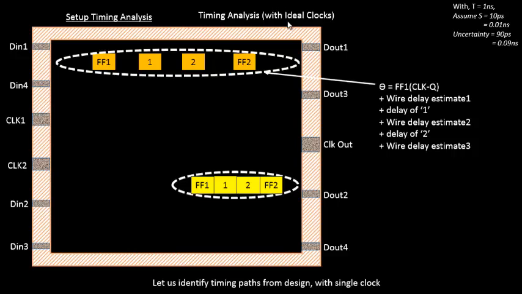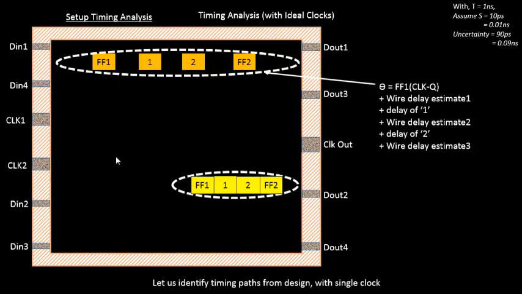Because if there are any discrepancies or any accidental wrong placement done by the user, or by anyone else, or by the tool, that can be estimated right away over here, and we can do some fixes. Because if we identify those problems at a later stage of the physical design flow, that might lead to problems, and you might not even be able to revert back to make those changes. So it's a very good idea to do a timing analysis at the placement stage itself with ideal clocks,